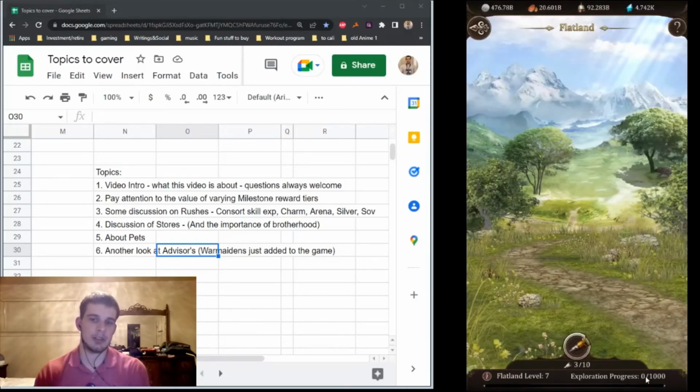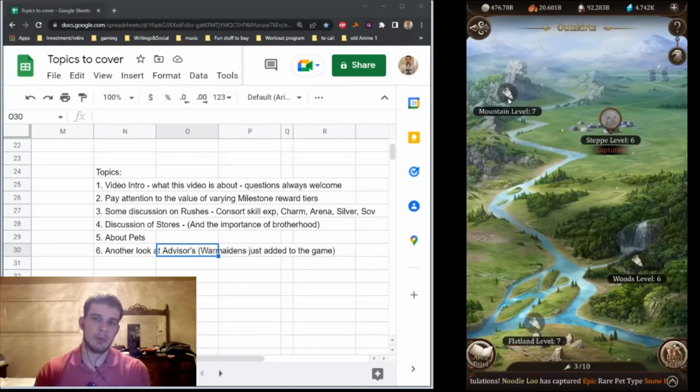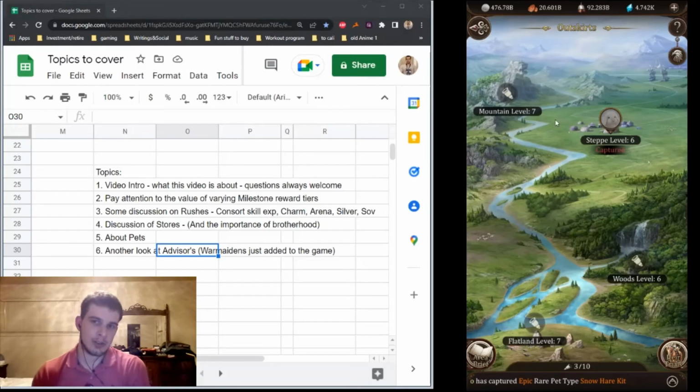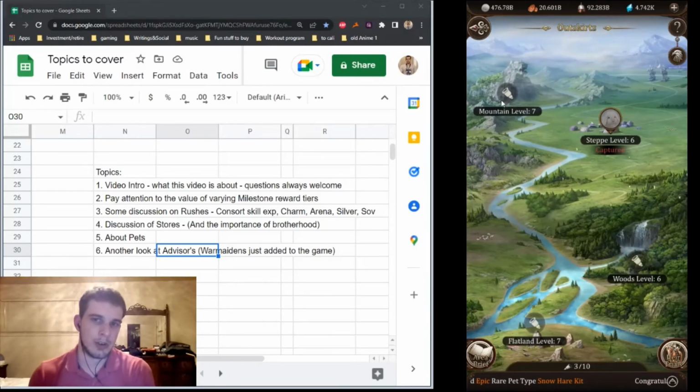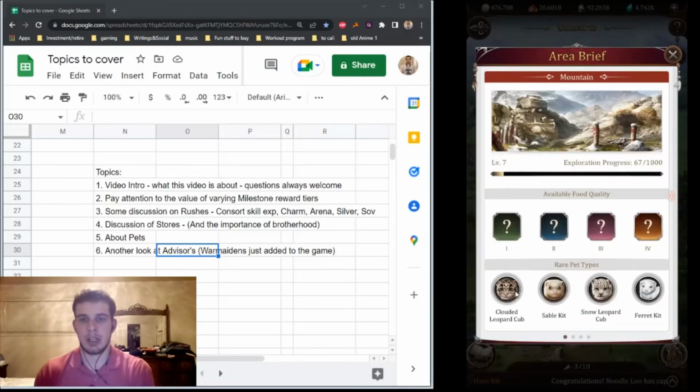You have to get 1,000 stamina points to go to the next level, and to me that's going to take too long. It would take 4,000 points to get each of these up to level 8, and that's just too much, I think. So after they're all level 7, I'm going to focus on farming the mountain, and that's what you should do too. You should farm either the mountain or the flatland, one of those two, after you get everything to level 7. The reason why I picked mountain or flatland is because those are the ones that have the leopard